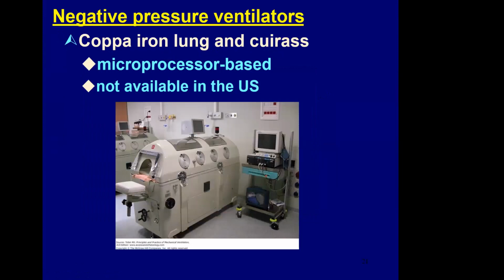And here's one that is not available in the US. This is the Kappa iron lung, and the Kappa also makes a Hayek or DID. This is microprocessor based. This is a state-of-the-art iron lung. But I've got to tell you this: